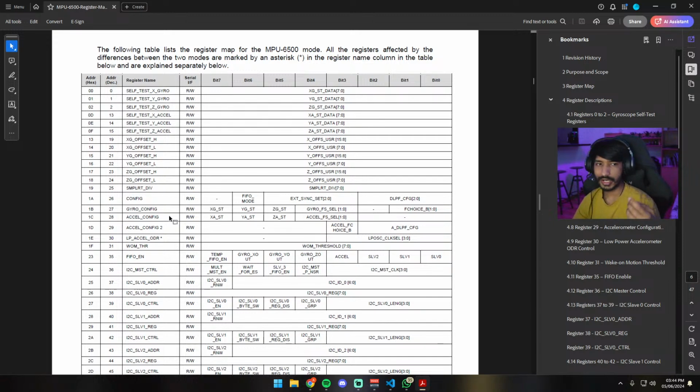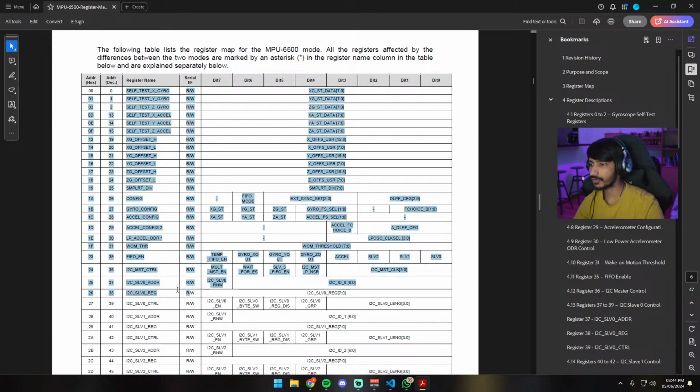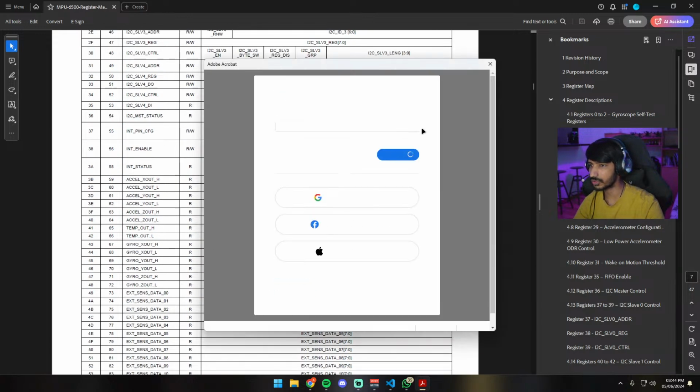Why write the information? We will be setting up some configuration. This configuration will help us get accurate data, or set the sensor in sleep mode so it does not consume any more power. So this is how we will be able to configure a lot of things. There are different registers for a lot of things. There are almost,